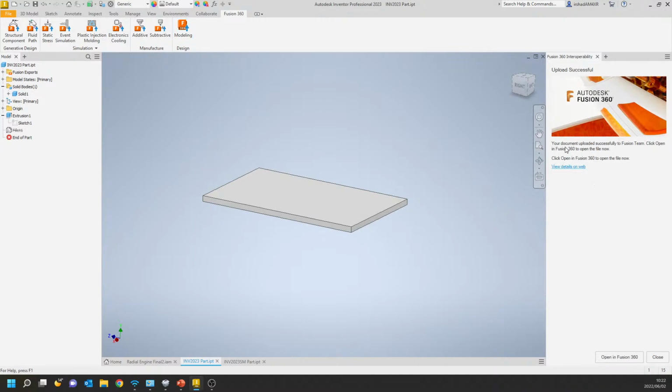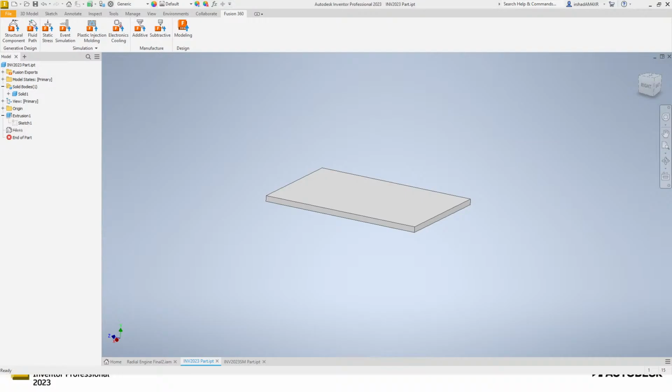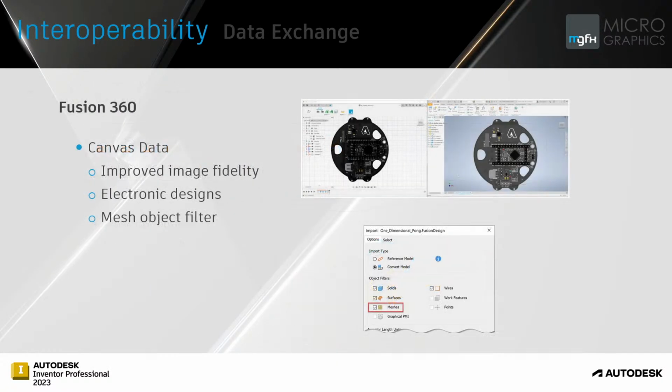So when it's done, it will give you this little message, and you can view it directly on the A360, or you can just simply open Fusion 360 when you're ready to work with this part. You can also interact with canvas data, so you can experience improved image fidelity when opening Fusion 360 electrical designs